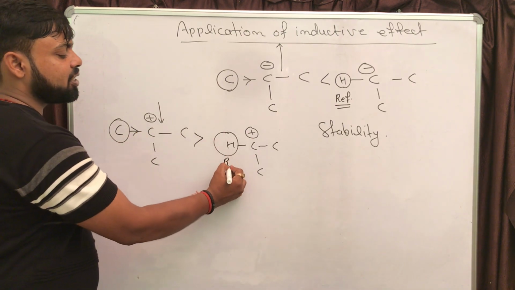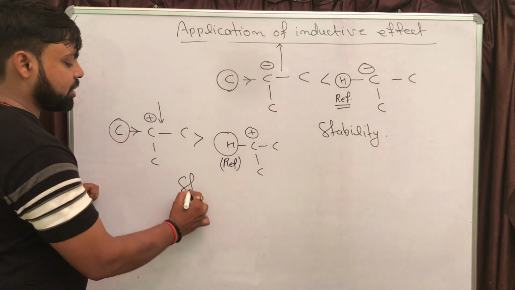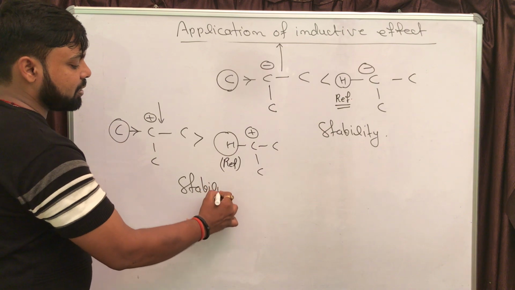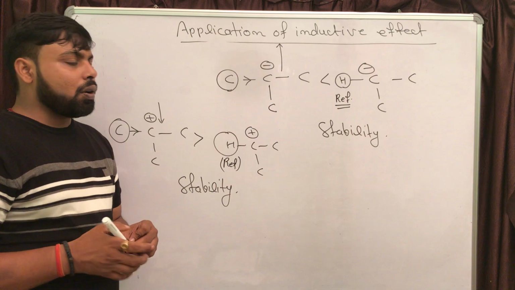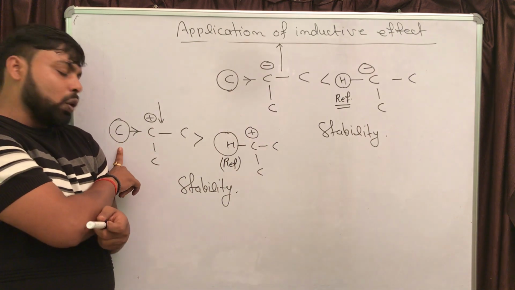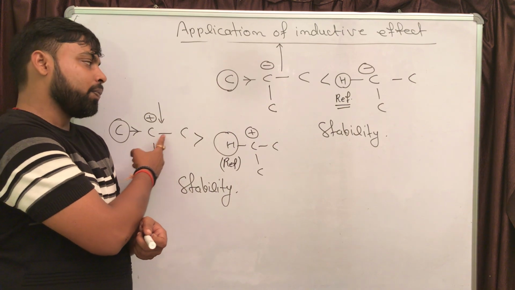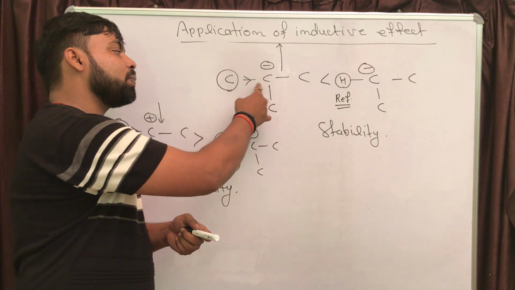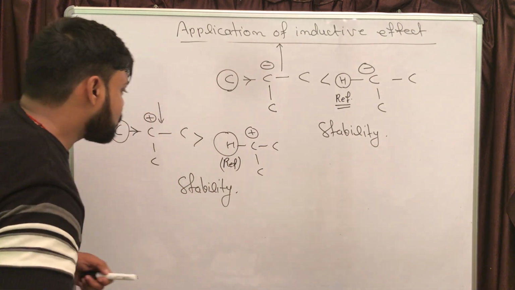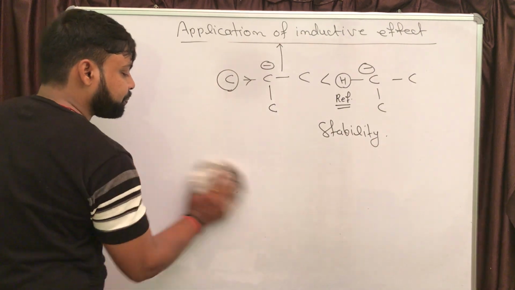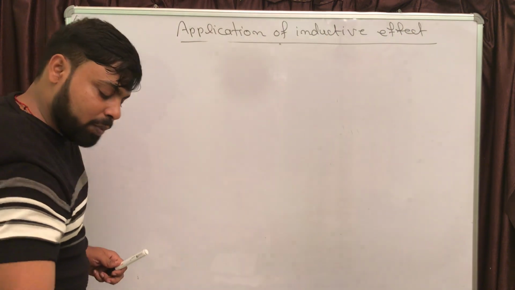Here it is hydrogen, it is neither going to donate or withdraw electron. So stability wise, in this case, the first one is going to be more stable. So overall, what I am going to conclude, electron donating group is going to stabilize carbocation, while electron donating group is going to destabilize the carbanion, right? So let us write the conclusion. Remember, these statements are very important for problem solving.